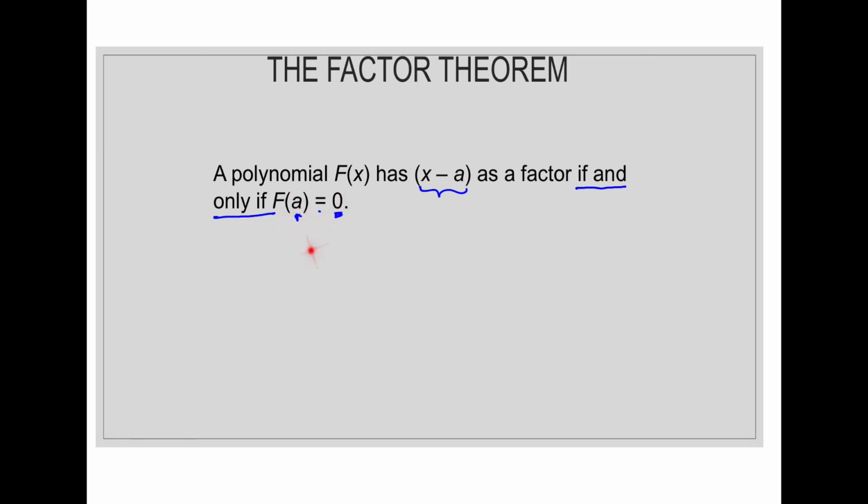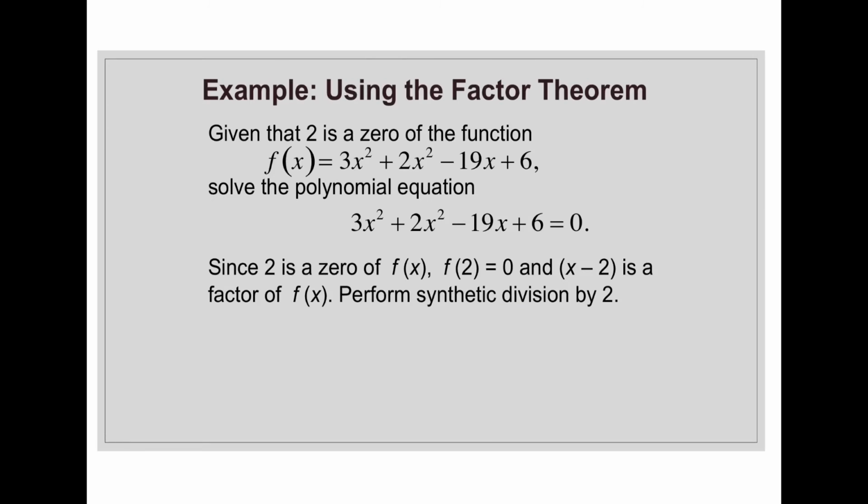And then I can also say if the value of a, when plugged into the function, gives me 0, then I know that x minus a is a factor of the polynomial f of x. Okay? So whenever you see that if and only if, that means that it goes in both directions. So just kind of playing that theorem out, we start off with this statement that says, given that 2 is a 0 of the function,